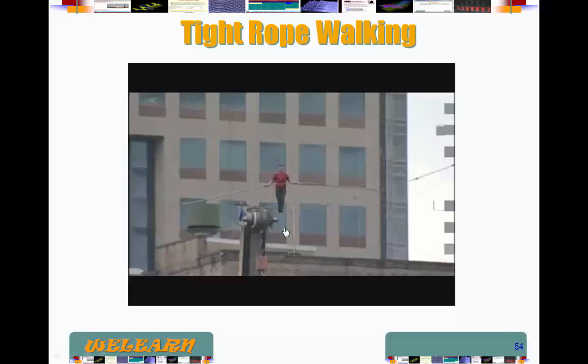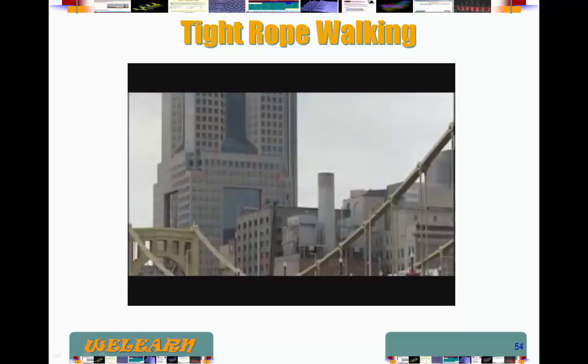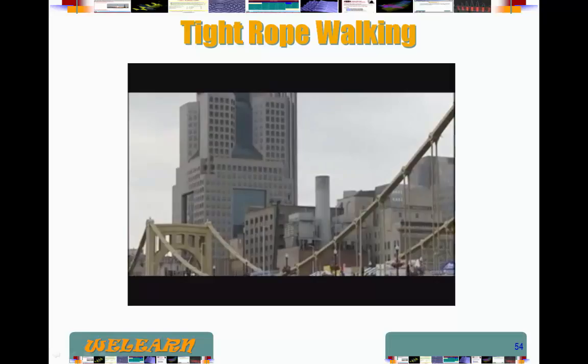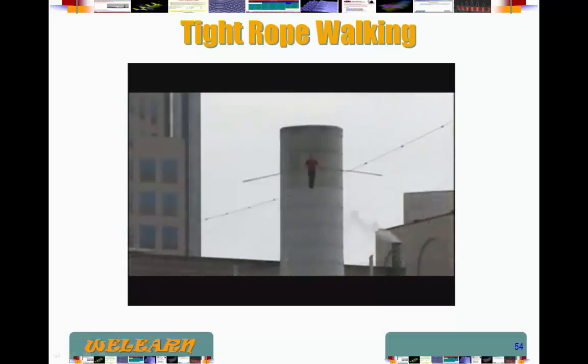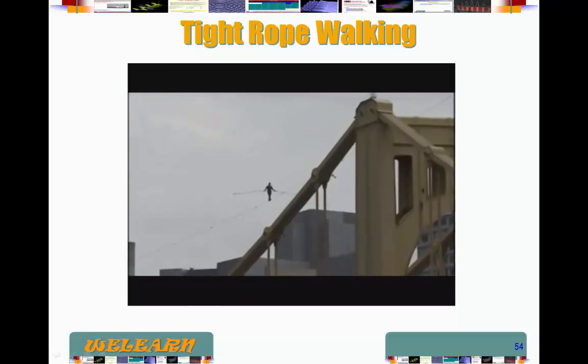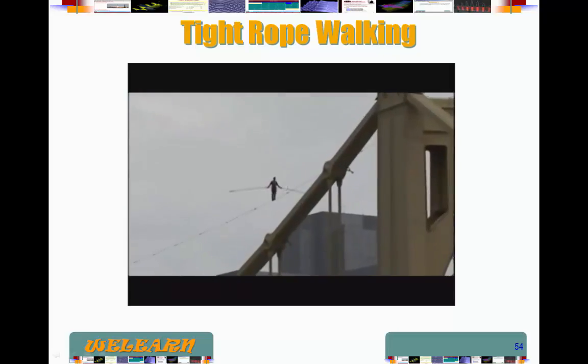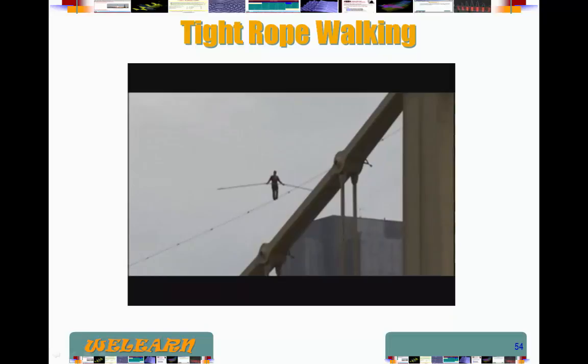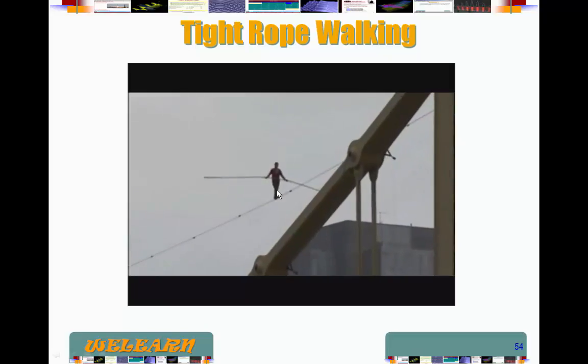Consider this. Okay, so we have a tightrope walker. You notice here he's handling it quite easy. Notice what he's holding. So when you think of him, you should think of his moment of inertia along with